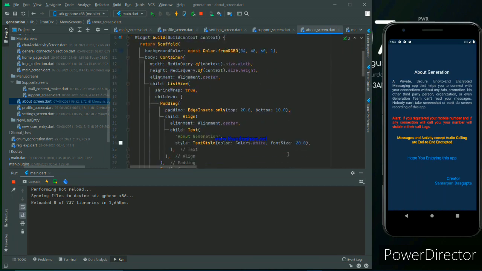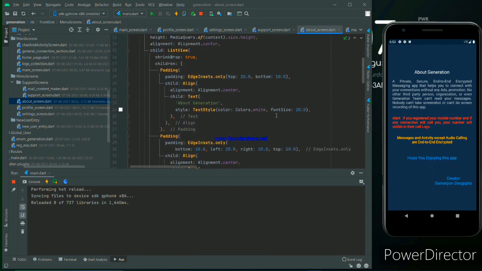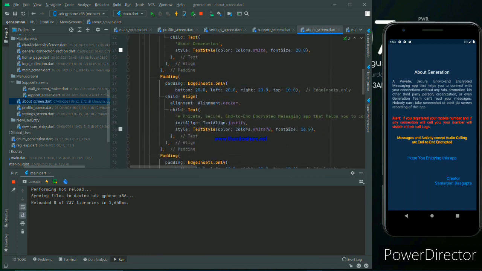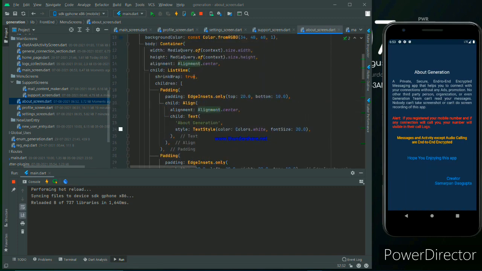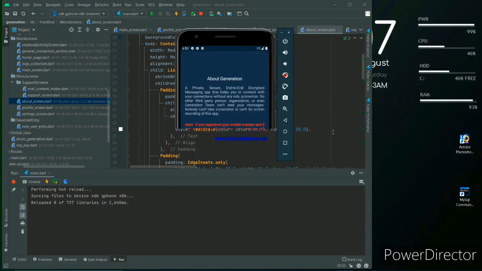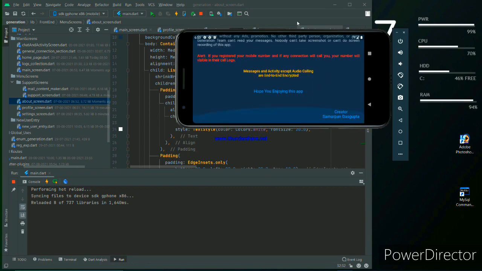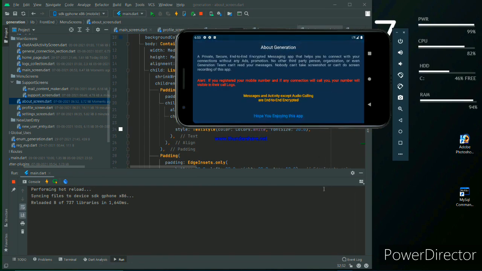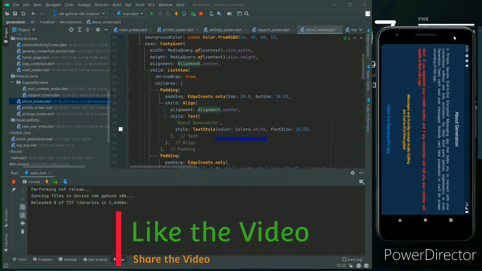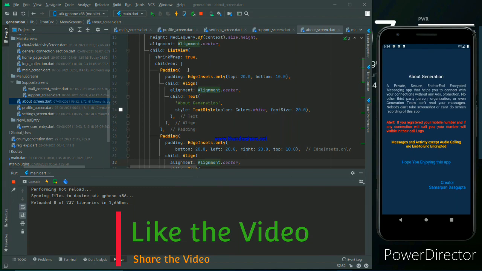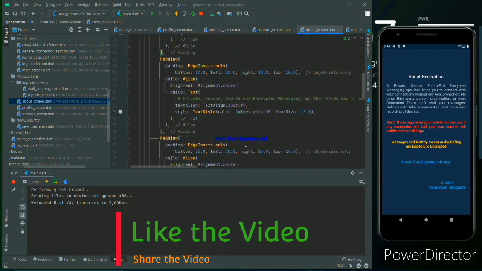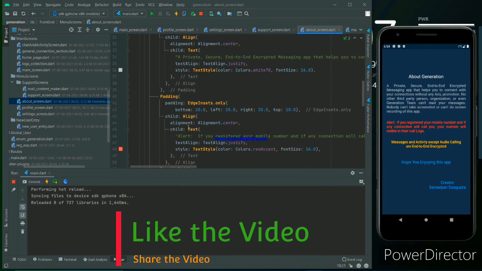So this is very easy to understand, and that is totally made by me, a private secure end-to-end encrypted app. And I use a list view, because as I said, if that is horizontal, that's the full loop. We can scroll it up and down. If this is a column, we can't scroll it up and down. And that's a simple text. And there's another list view, every message covering in that way, in a specific alignment and all other things.